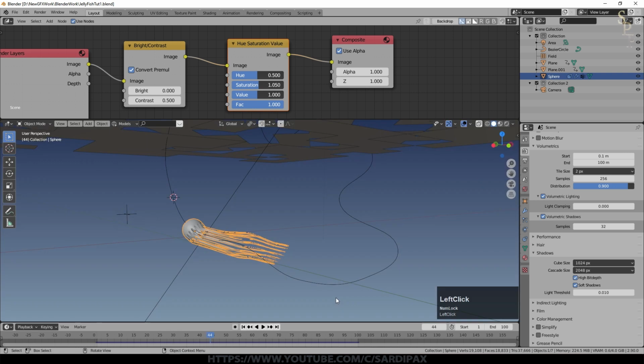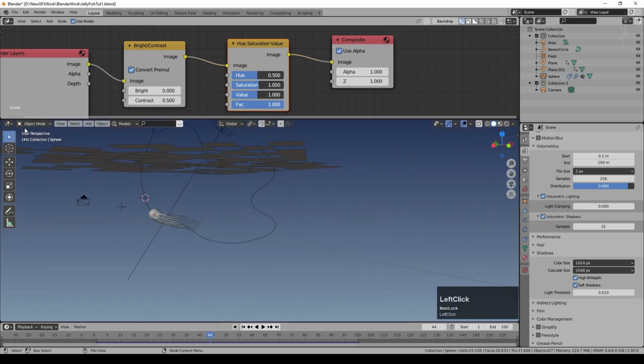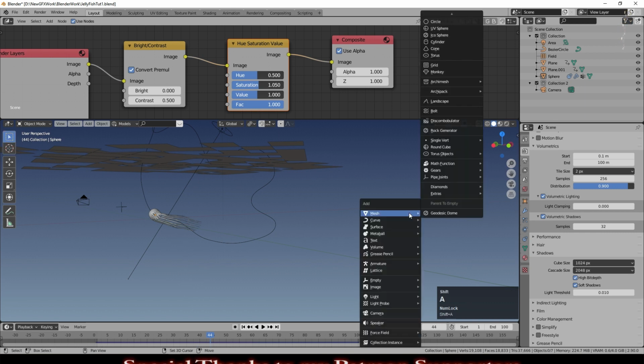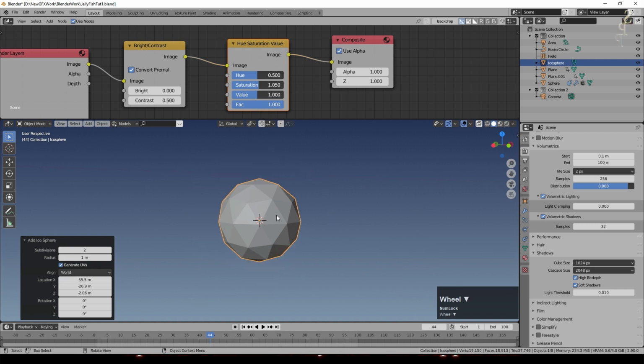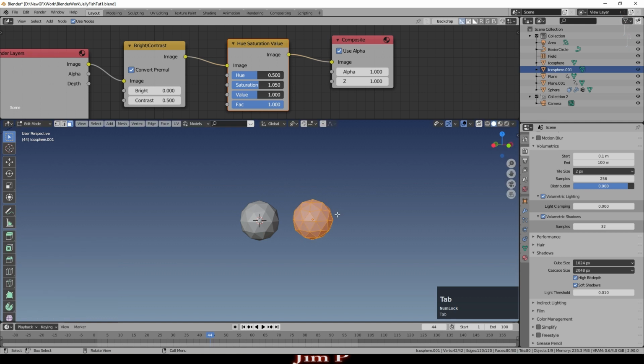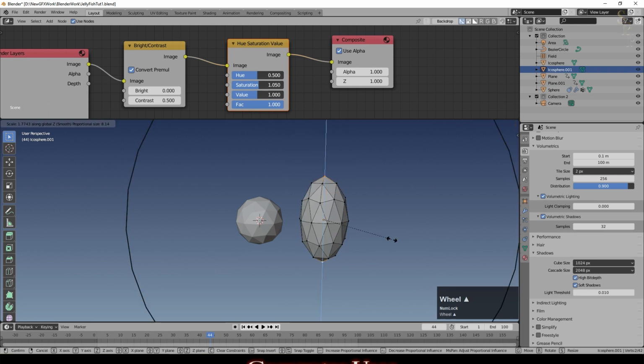One final thing that I did was just add some little particles of sort of plankton to be floating around. So first of all, let's just create the little objects, the little creatures. So I'll just add an icosphere. It doesn't really need much detail, so I will keep that first one and we'll duplicate that. This one I will stretch a little bit. I'll just select that top and bottom point, turn on proportional editing, scale on the Z, but we need to set that to median point, something like that.